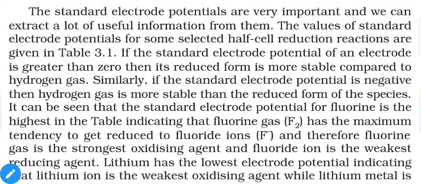If the standard electrode potential of an electrode is greater than 0, then its reduced form is more stable compared to hydrogen gas. That means for hydrogen gas, the reduction potential value is 0. And suppose you have metal X and the value for metal X is positive. That means it will be more than hydrogen. It represents the atomic state of that metal is more stable. That means it will be more likely to be reduced when we attach it with hydrogen.